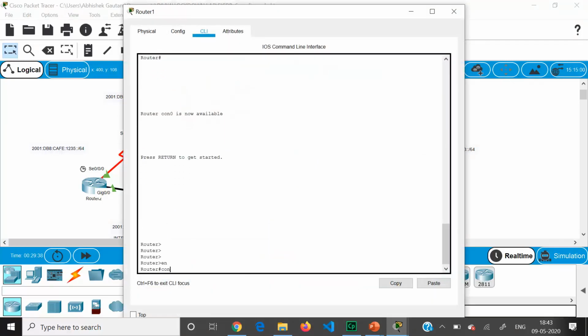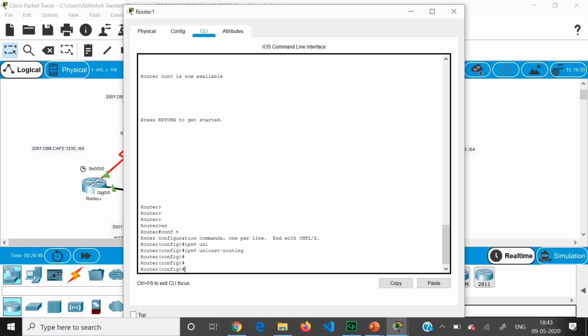Enable, configure terminal. I have already configured the IPv6 addresses. I will just enable the dual stack once again. I will not configure addresses, only the routing part, EIGRP routing. So IPv6 router EIGRP 2.